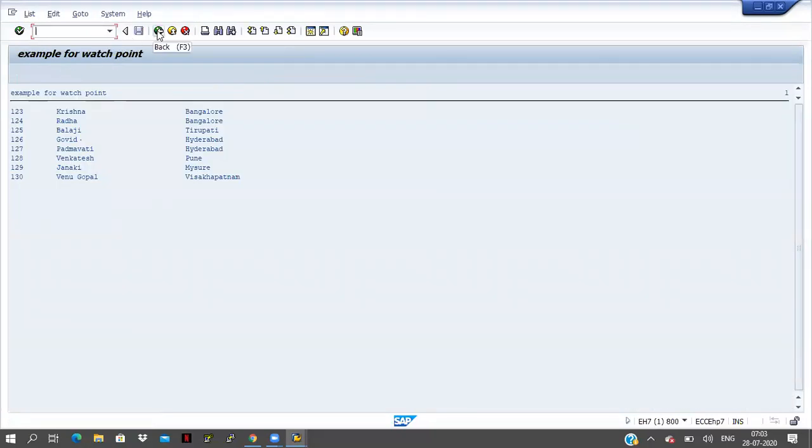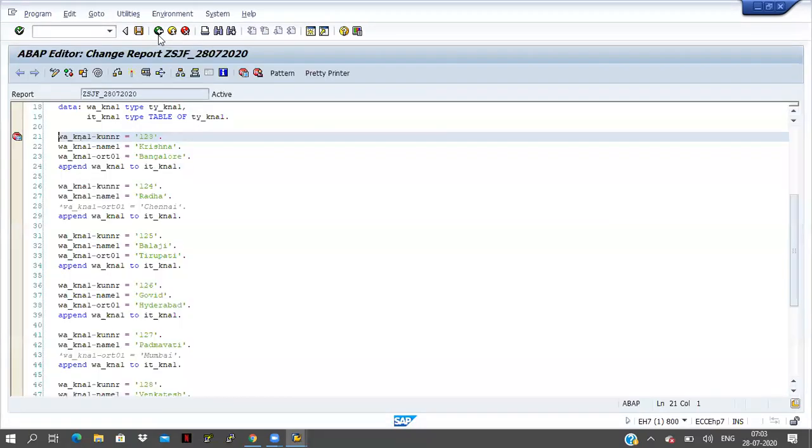Okay, fine. Here Bangalore is coming, and here also Bangalore is coming, but I did not give any data for Radha. I did not give any city name for Radha, but the previous city is updating here. I will click on the back button.